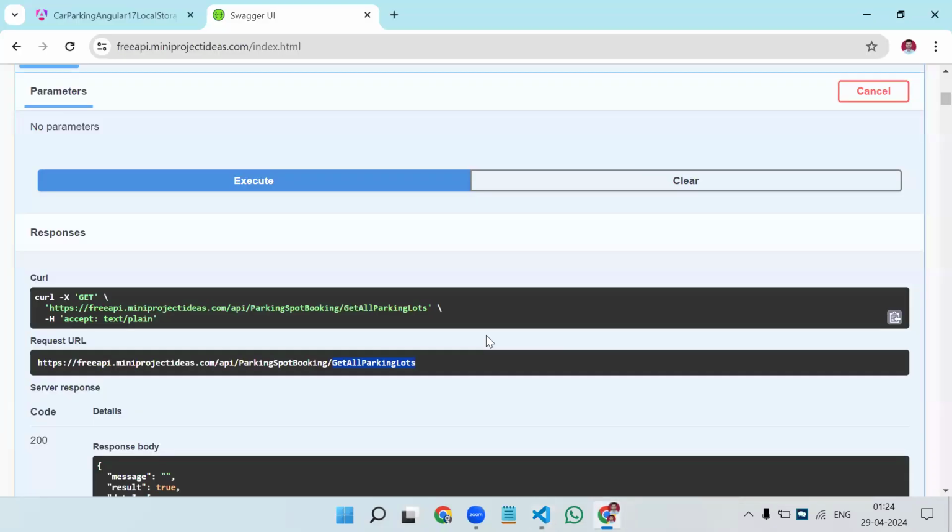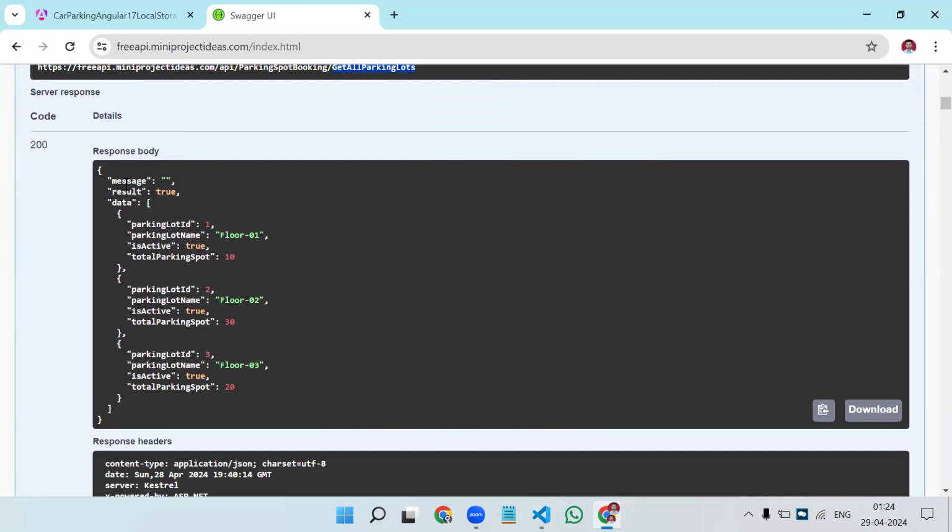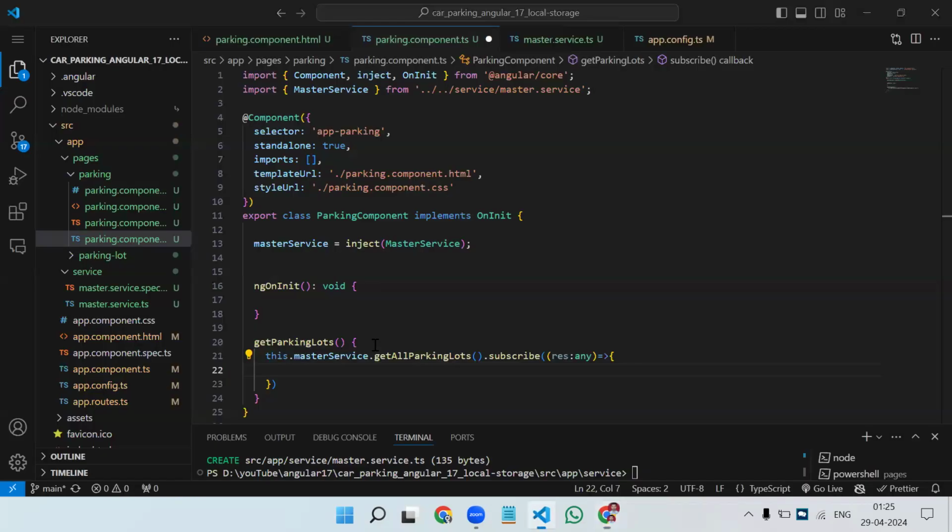Now just pay attention to my API response. All my API responses are going to return you an object. In that object, you are going to have message, result, and data. Result is the property which you need to match to check whether the API call is success or not. And in the data, you will get the actual data. Now, once we make this API call in the ngOnInit,